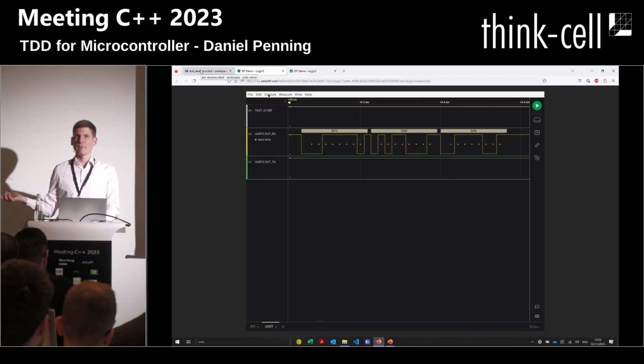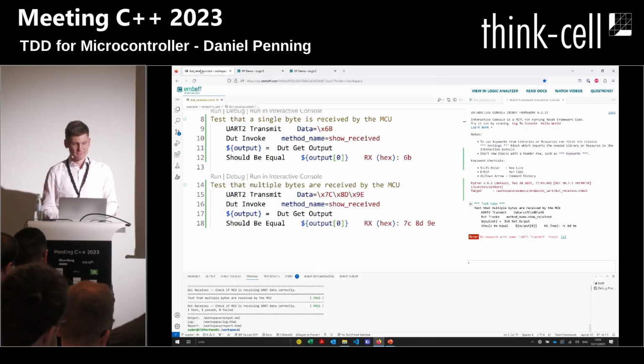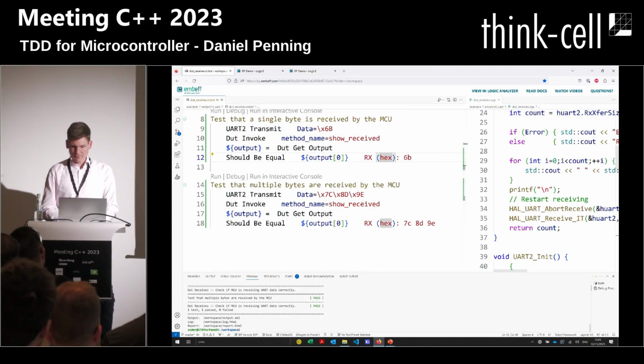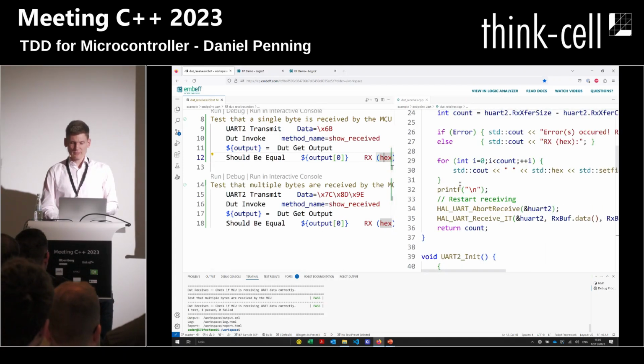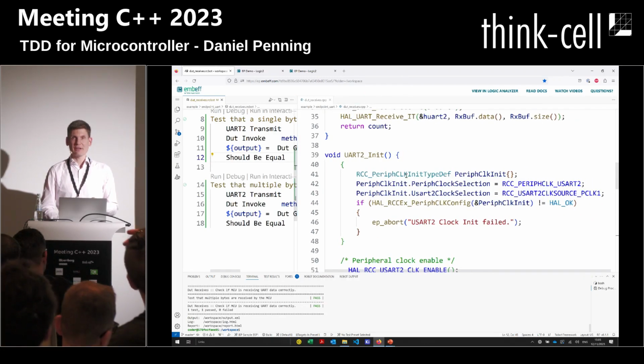I mean, Phil mentioned it earlier. TDD is about writing tests, but in some situations you just need to debug and look at the pin level. Okay, so that's a feedback loop, but let's use this. I mean, we have tests in place. Let's change our implementation now.